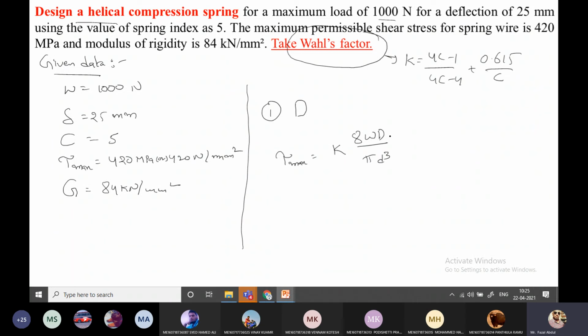So with this equation, the load value is given in the question, D value is a question mark, and we don't know the small d. So to calculate the small d, what is the procedure? We don't know the capital D and we don't know small d. So see here, this equation, spring index capital D